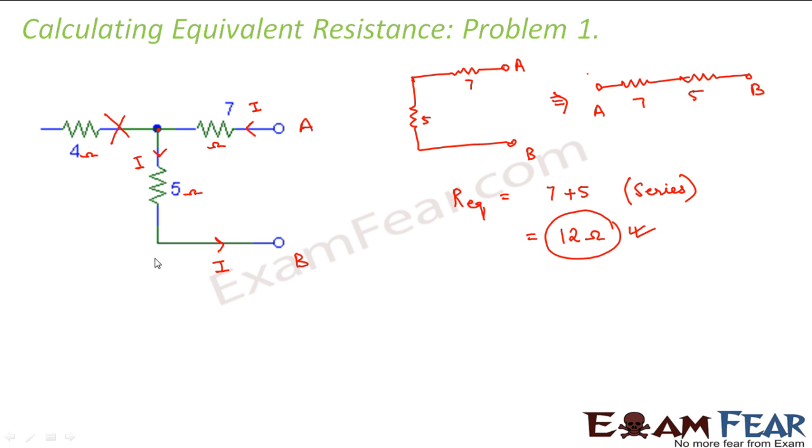Now in this case also note this point, the current always follows the easiest and the shortest path, right? Now let us suppose this 4 ohm had been connected to this point. In that case, this 4 ohm would also have played a role, because in that case the current I would have got divided into two parts, I1 and I2, right? So that is how we solve this problem. Now let us look at the next.